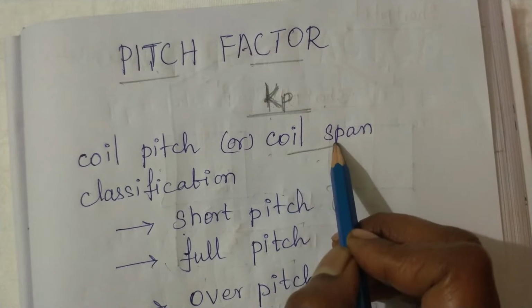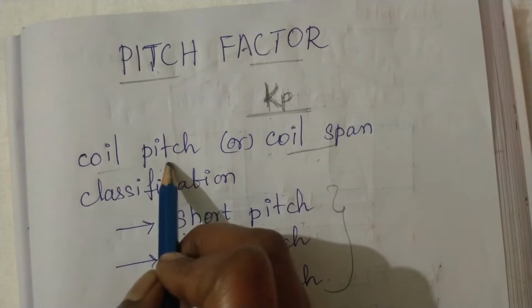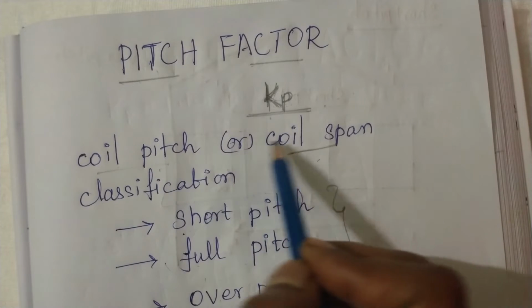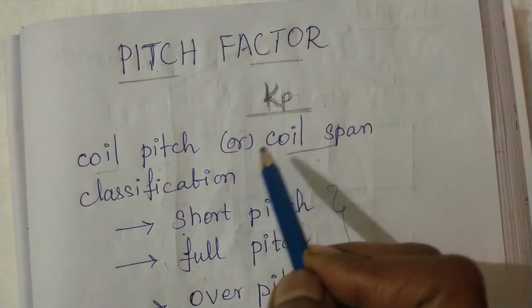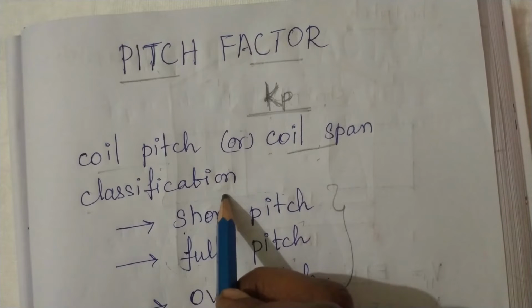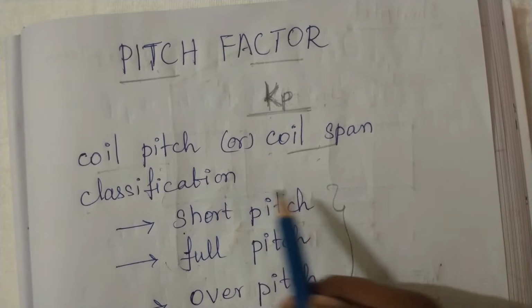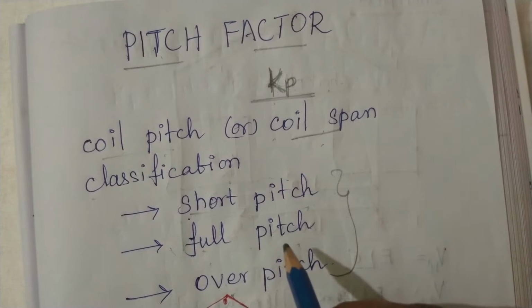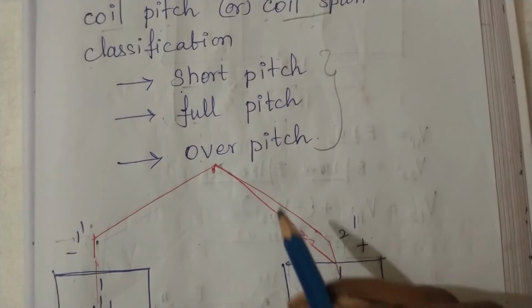The coil span is also called the coil pitch, and based on the coil span we can classify the winding types into three. One is short pitch, another one is full pitch type, and the third one is over pitch coil. Okay, so